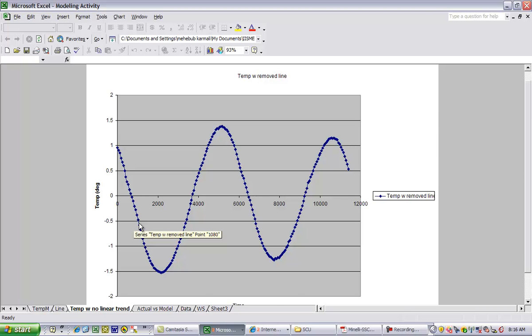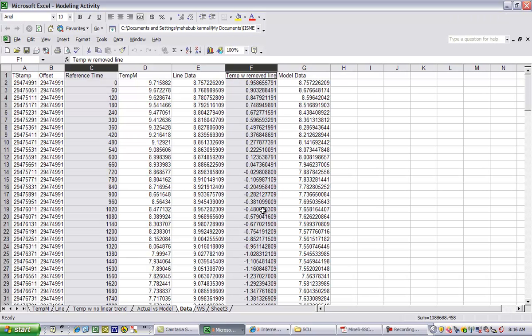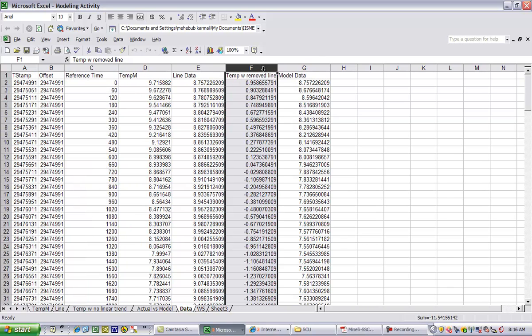Right, let's go back to data. And what I'm telling you is that this column here needs to be fitted with a function y equals negative